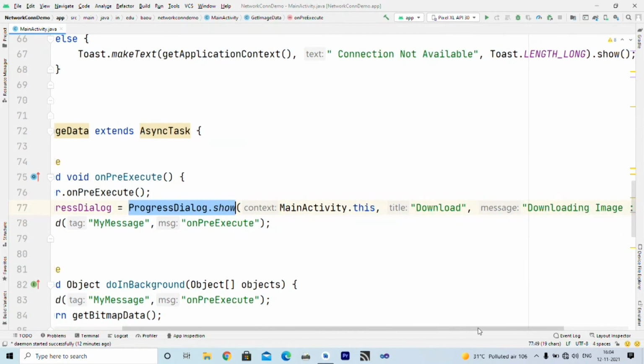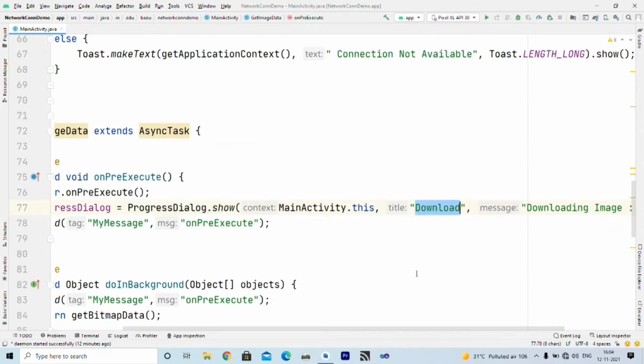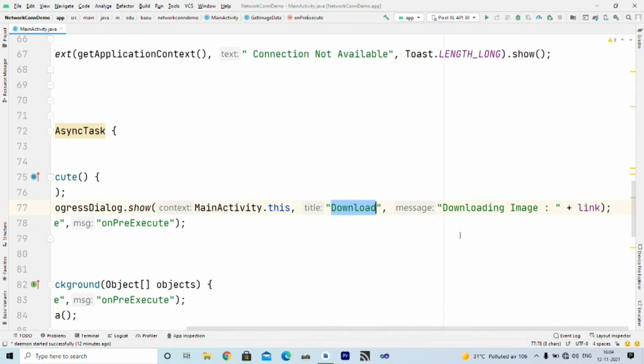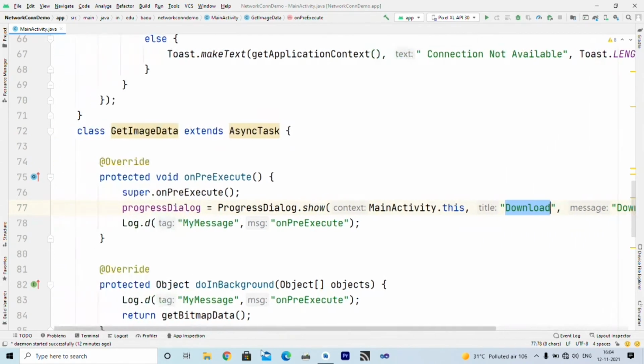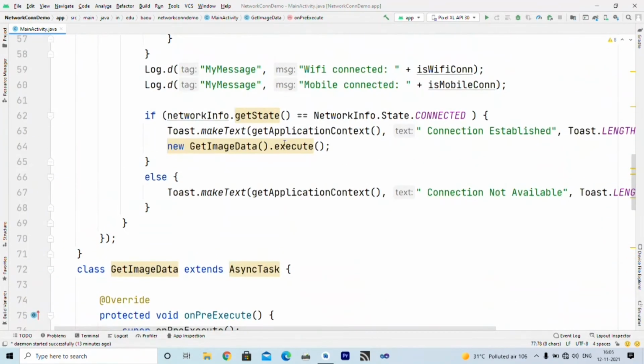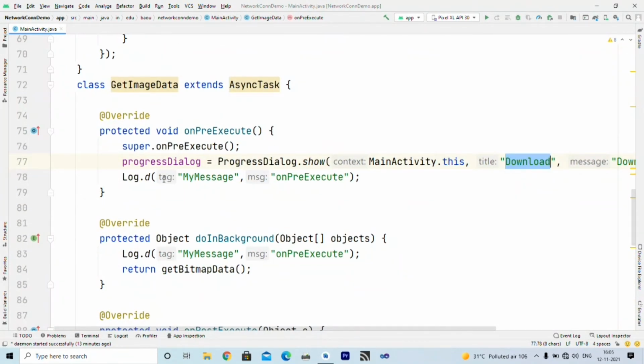The context is this main activity, the title for the dialog is download, and the message is downloading image from this link. Immediately after calling this execute method, it displays one dialog box saying that I am downloading the image from this link, right? And we have just written a log message that we are in on pre-execute, right? So you will see that first we will see on pre-execute, then we will see do in background.